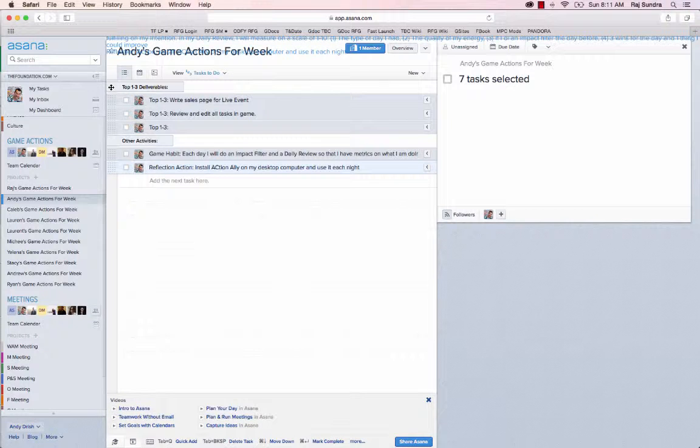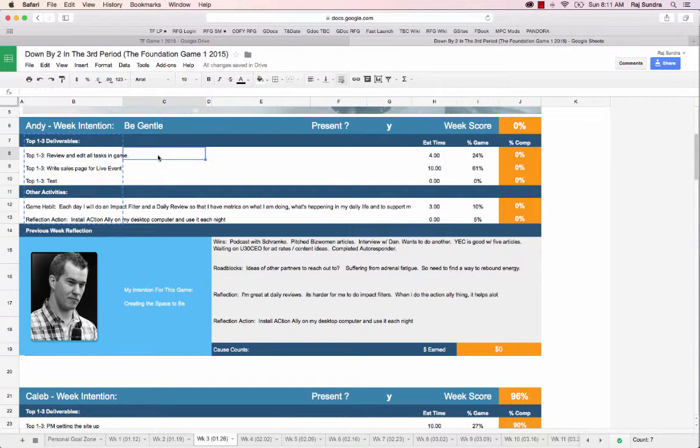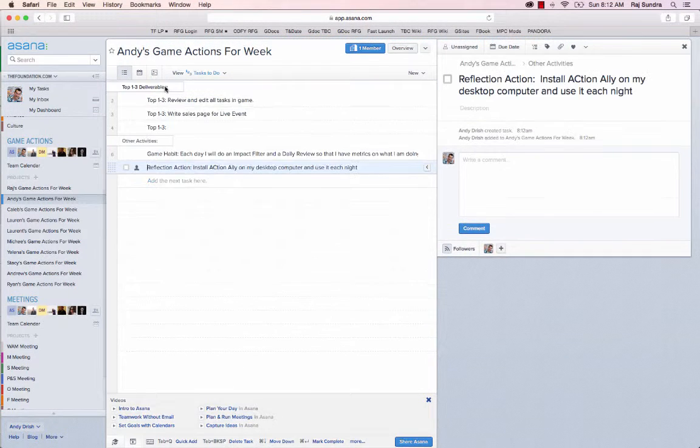First I'm going to delete these. Again, Tab, Delete is delete. I'm going to go over to the game system, make sure I'm in the right week, select from top 3 deliverables down to reflection action. Notice that I threw this test line in here because we're finding a small issue when there's a blank line. We'll get that resolved as soon as we can. I'll get rid of it now to show you what happens. So again, I'm just going to select from top 3 deliverables to other activities, go into Asana, paste,